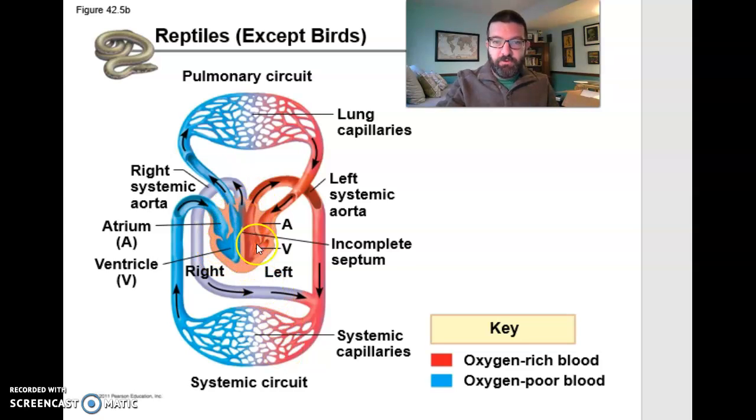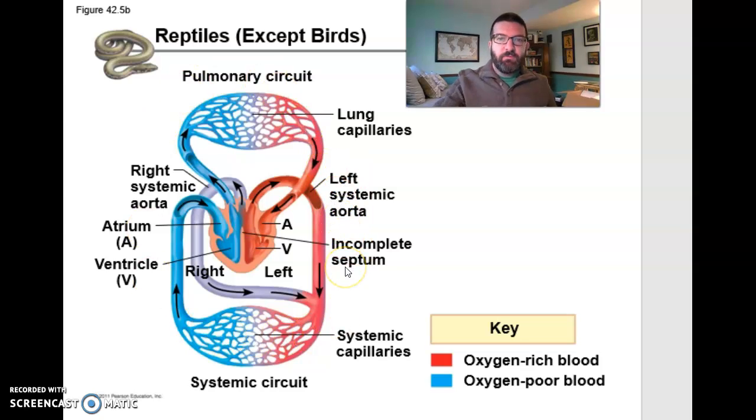Reptiles actually look very similar, except that they don't have that skin part. So they have three-chambered heart. They have two atria and one ventricle, but they're a little bit more efficient than amphibians at keeping the deoxygenated and oxygenated blood separate in the ventricle because they have an incomplete septum. So it's still just a single ventricle, but it's a ventricle with two sides, an oxygenated and deoxygenated side, and so there's actually less mixing of the blood than you would have in an amphibian,